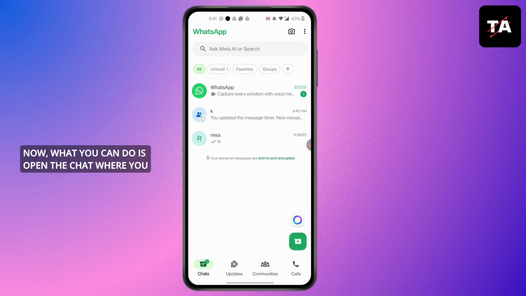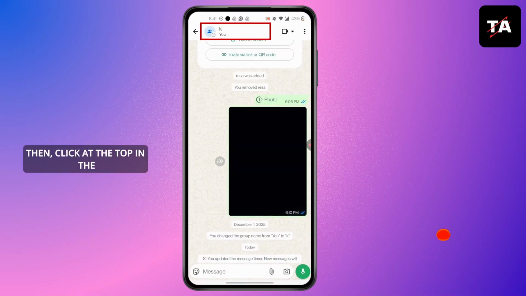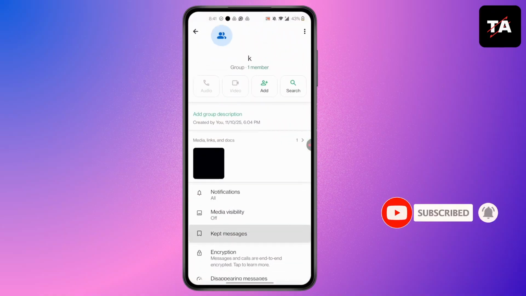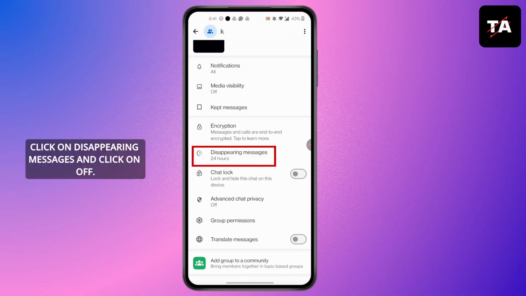What you can do is open the chat where you want to remove the clock symbol. Then click at the top on the group name or the person's name. Scroll down and you'll find disappearing messages. Click on disappearing messages